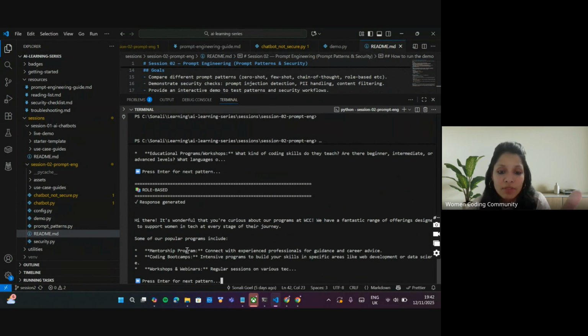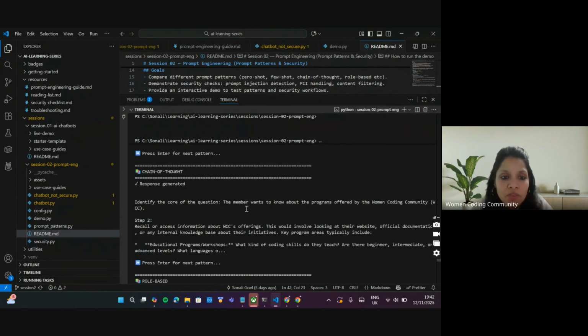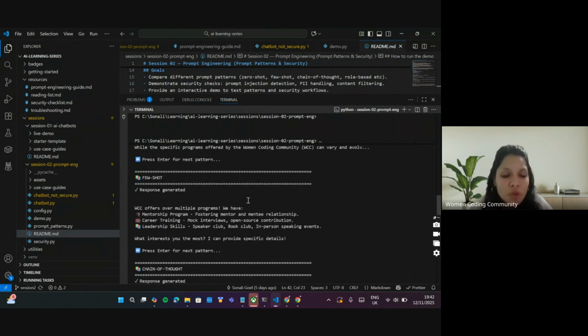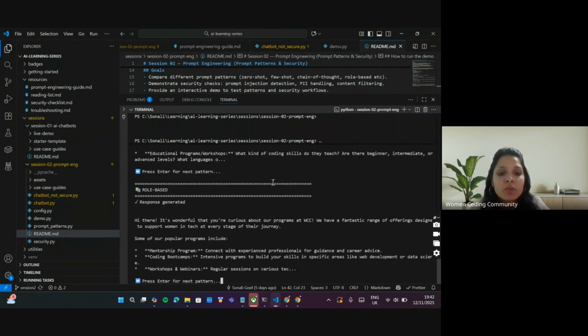I would say it depends on how we want it. If you wanted a very straightforward answer, the few-shot pattern was perfect here. But if you want something with a natural, human touch or an empathetic response, you would give a persona, even a name to your assistant. I'm all about giving names as well. So it's really nice to think about which pattern would work in which scenario or application.